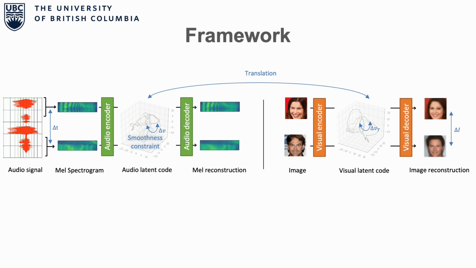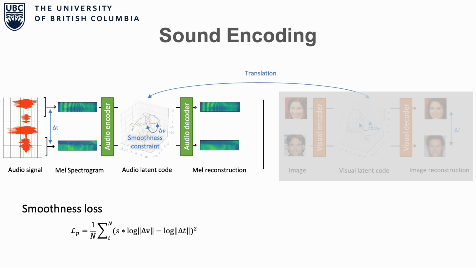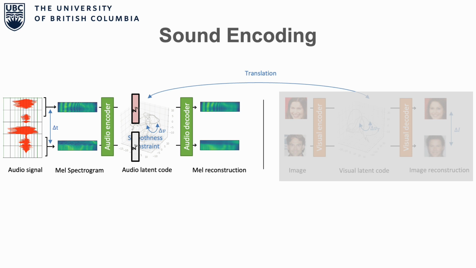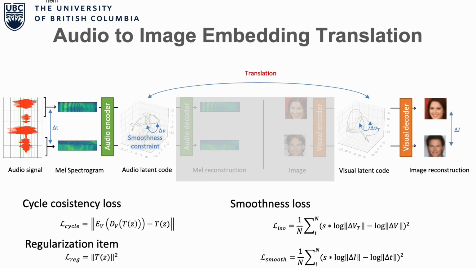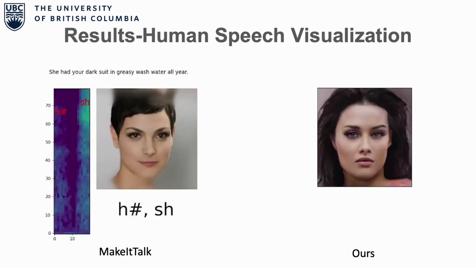During the training stage, we train one audio VAE and one visual VAE. We first train the audio VAE using the VAE objective and a smoothness constraint so that the latent codes can echo the sound changes with time. We also learn the disentanglement of sound style and content, so we can choose to translate all sound signals or just the content signals or style signals of sound. We then train the visual VAE using the VAE objective. Finally, we connect the audio encoder and visual decoder with a translation module, which is trained by a cycle consistency loss and smoothness constraints. Here are our human speech visualization results compared with Make It Talk, a lip motion translation